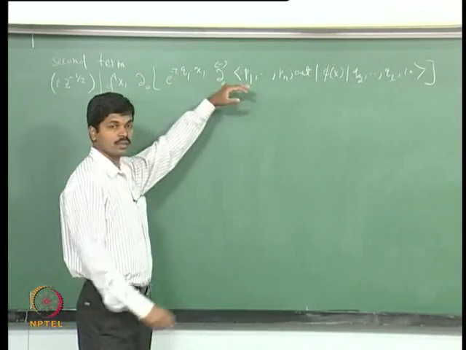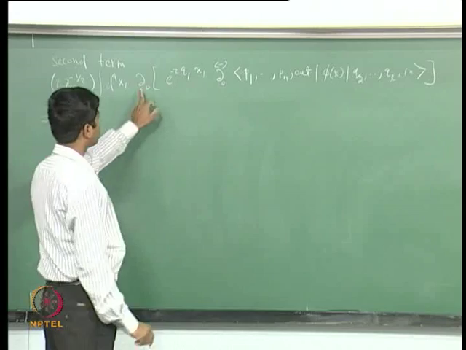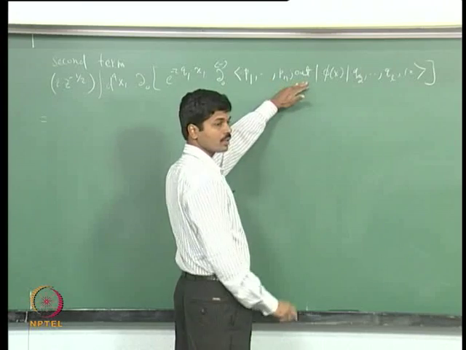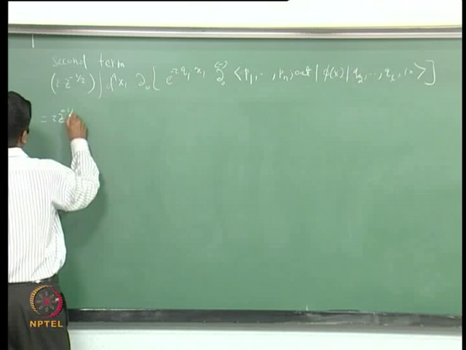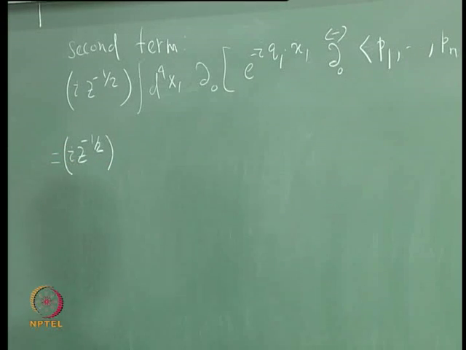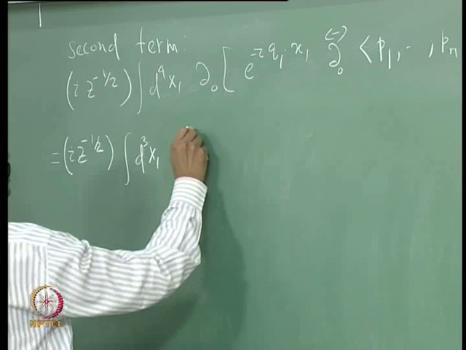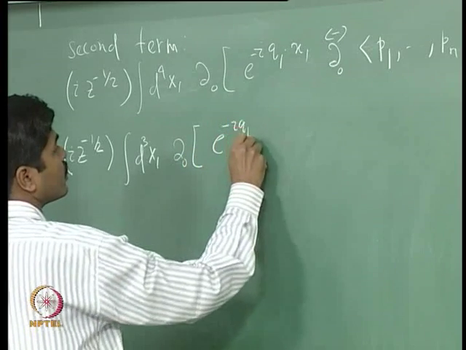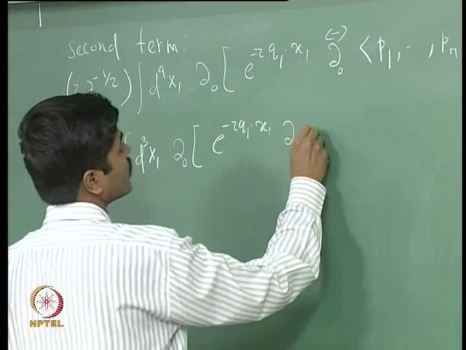We will evaluate the time derivatives here explicitly, and when we act del_0 on this state, first I will write this in terms of a sum of two terms, and then we will act del_0 on it. i Z to the power minus half, d^3x1, del_0 times e to the power minus i q1 dot x1, then del_0 acting on this term,